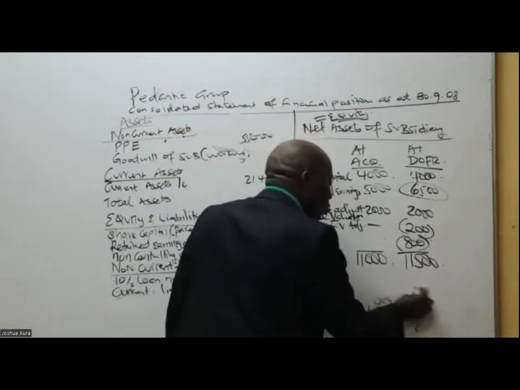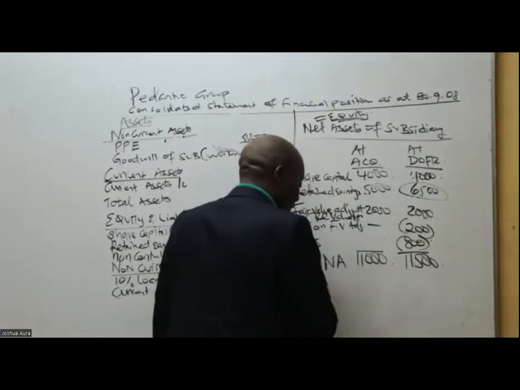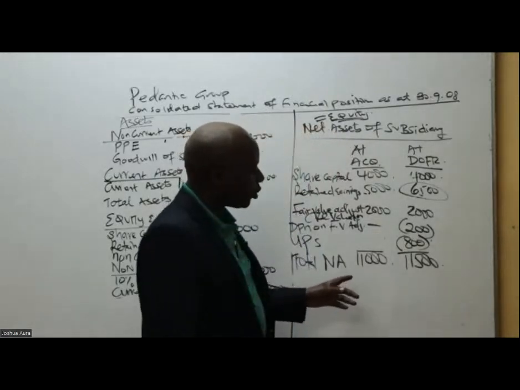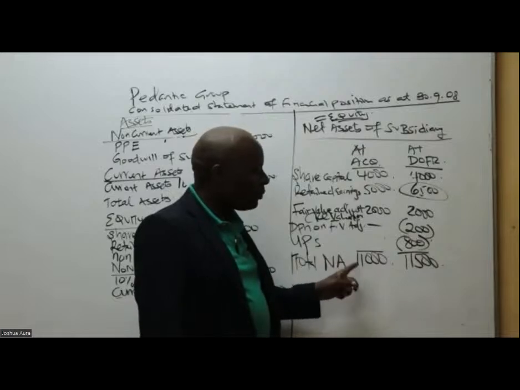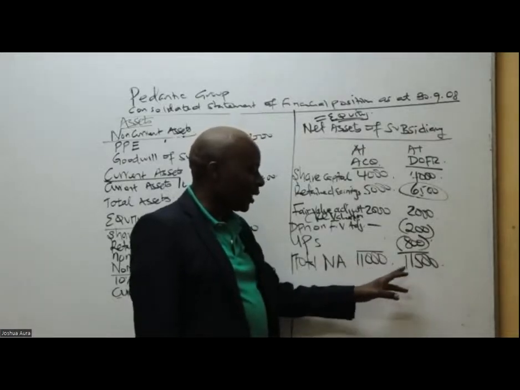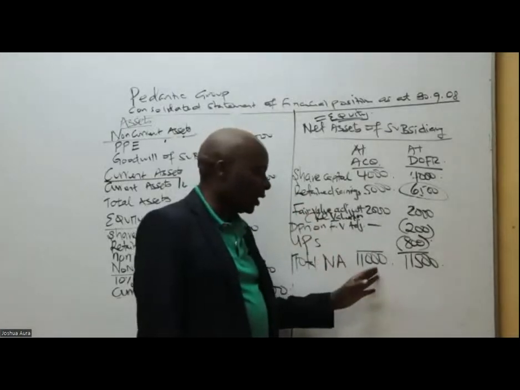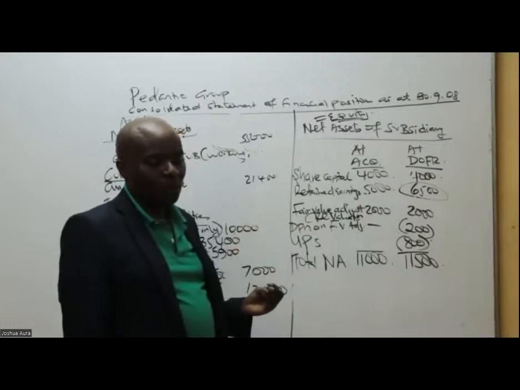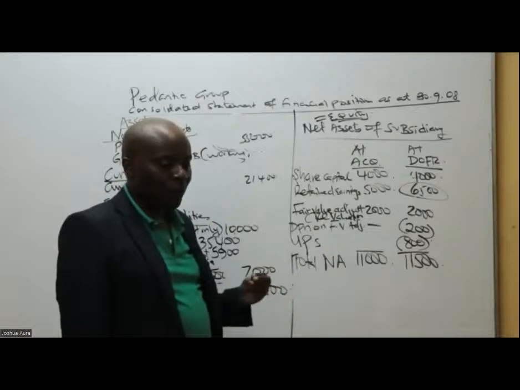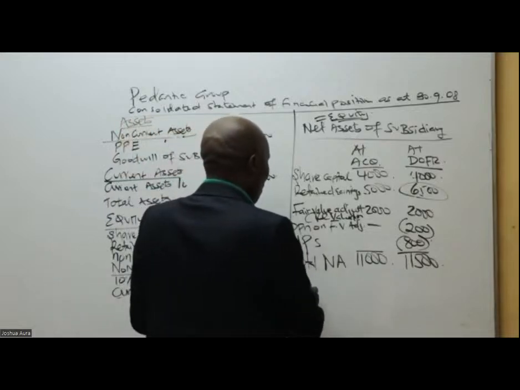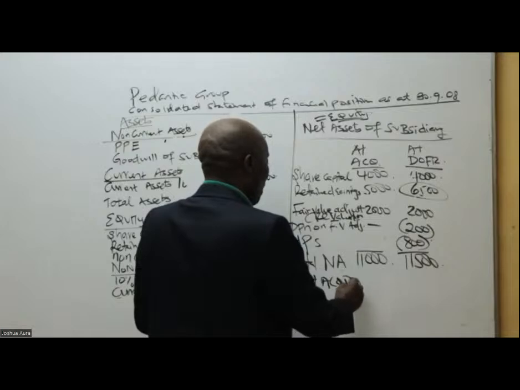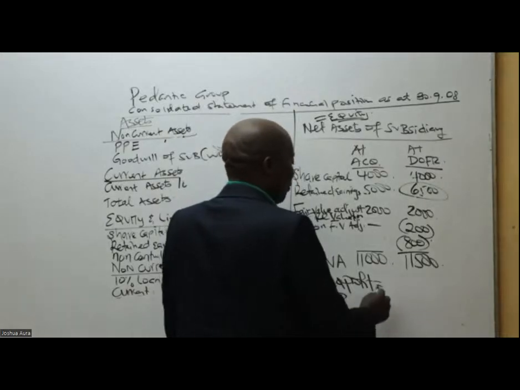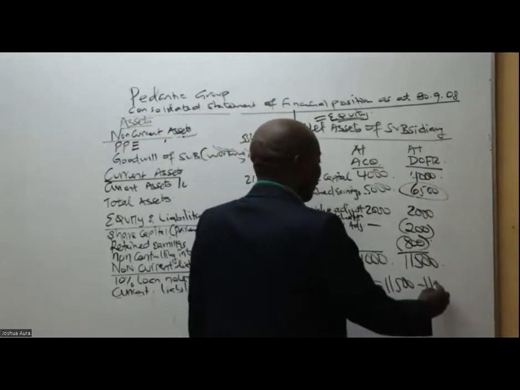Great. Now, ladies and gentlemen, I would want you bright students to tell me, what good name do we give to the difference between this and this? It is a special name we normally give. It's called PAP. It's called post-acquisition profit. So this post-acquisition profit, which is popularly abbreviated as PAP, will be 11,500 minus 11,000,